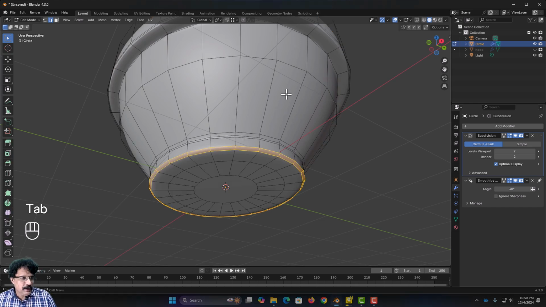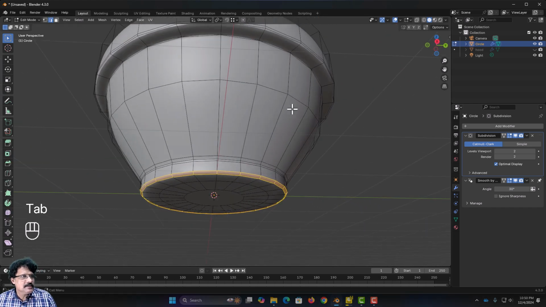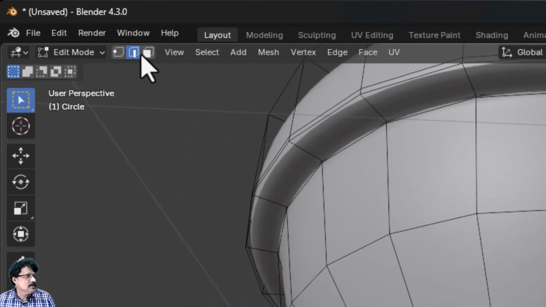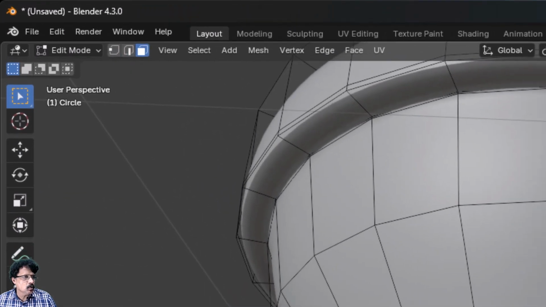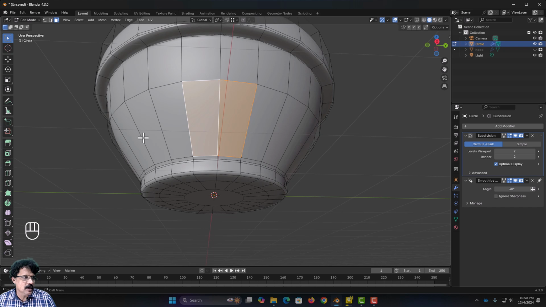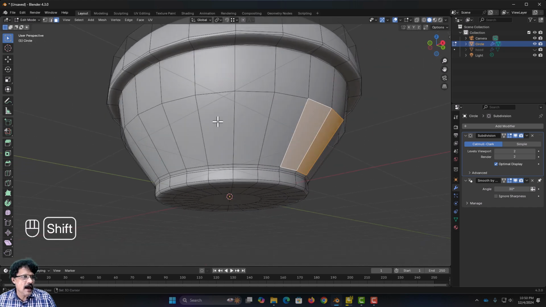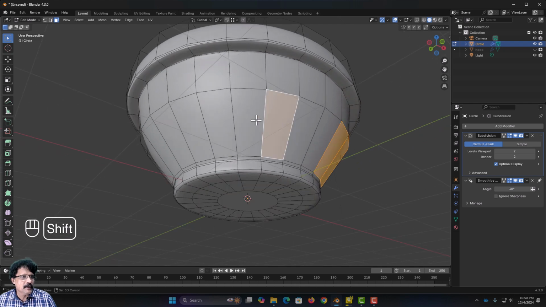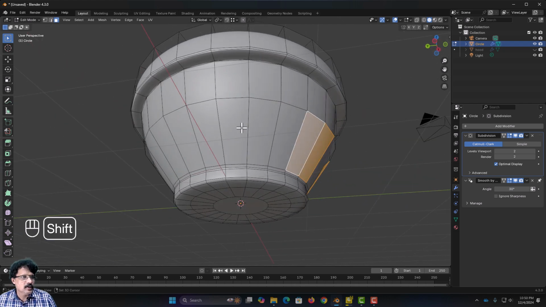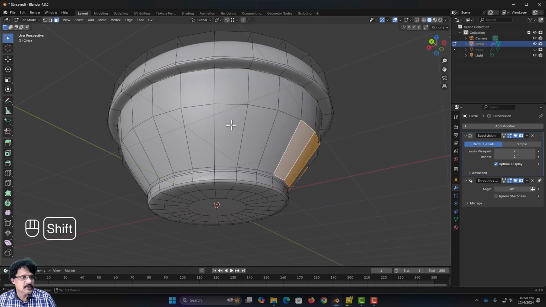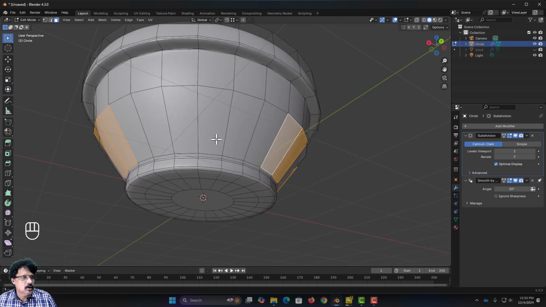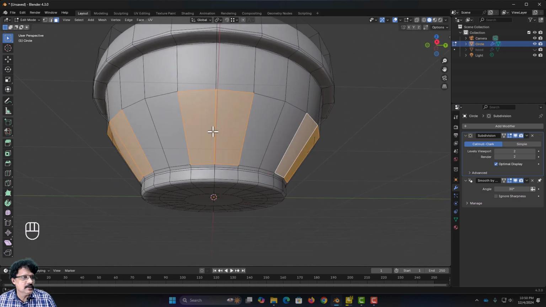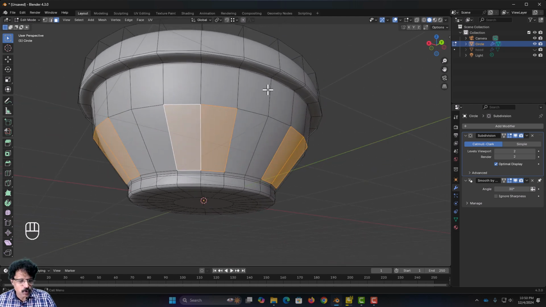And now I will press Tab and let us add some interesting shapes over here. So for this I will come into this face selection mode and I will select 2 faces here. I will leave 2 faces gap and I will select the next 2 faces. I will leave 2 faces gap, next 2 faces, and so on. Like this I have selected all these faces now, and then I am going to press E